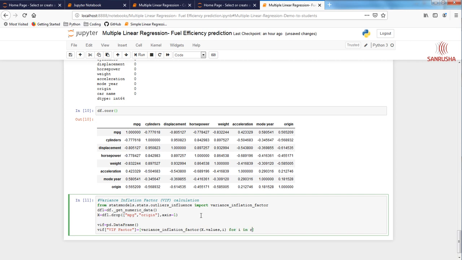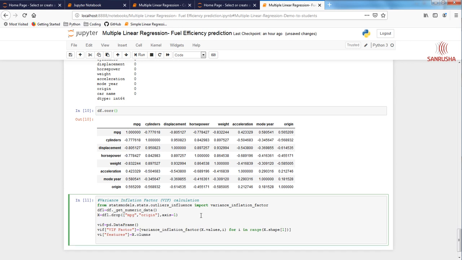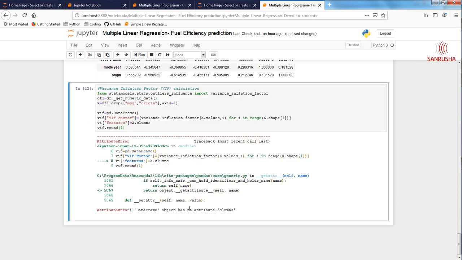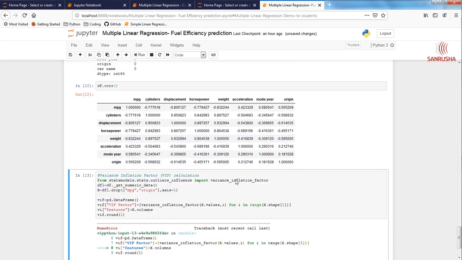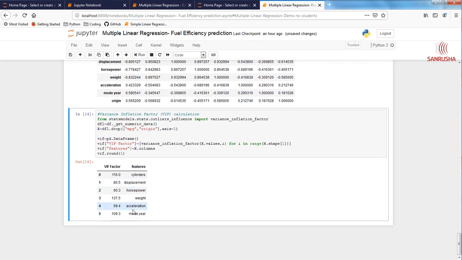For i in range x dot shape 1. Got it? Good. Next, VIF features equals x dot columns, and let's call VIF dot round 1. Okay, let's run this. Okay, I got something wrong. Oh, again a typo. Not a big deal. Okay, now we got it.